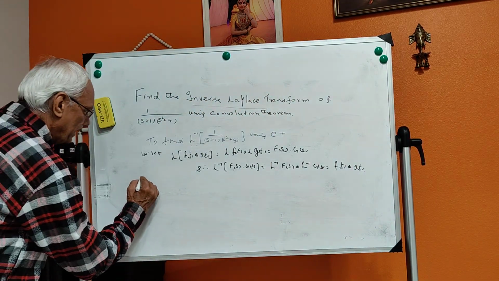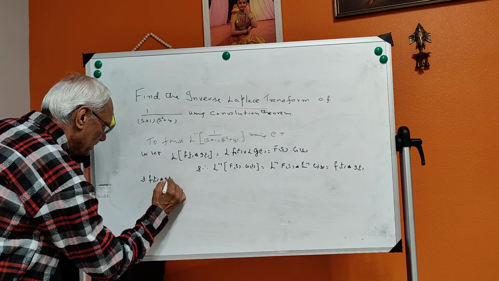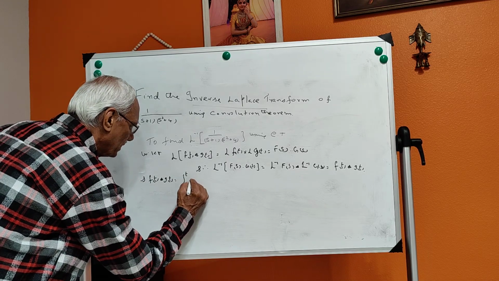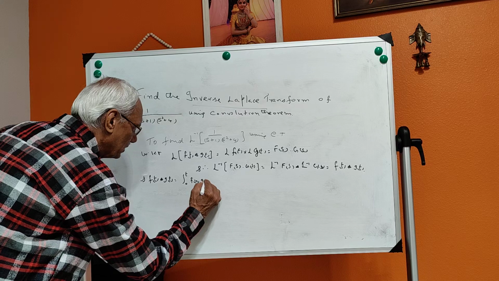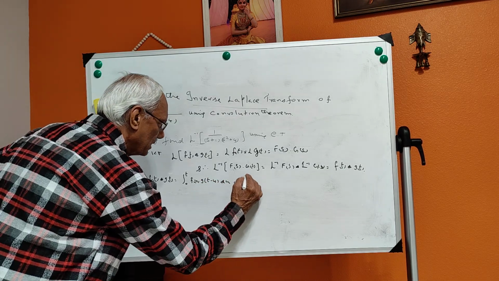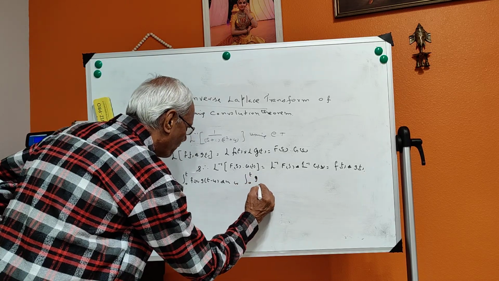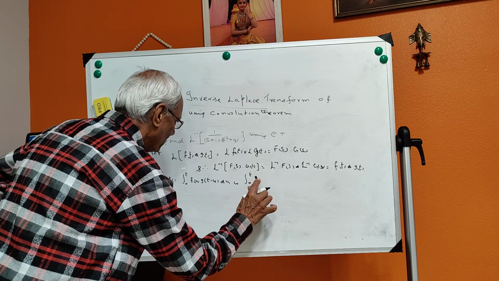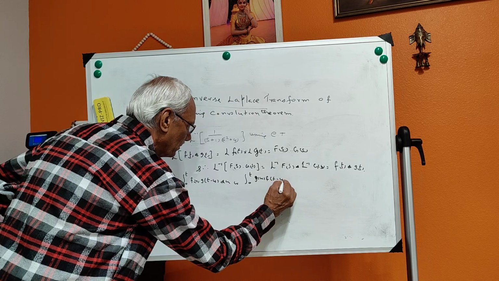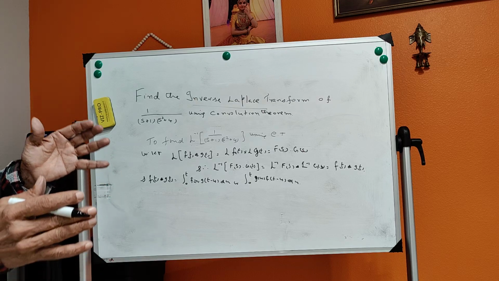And f of t convolution g of t is equal to integral from 0 to t of f of u into g of t minus u du, or you can even write it as integral from 0 to t of g of u into f of t minus u du. So this is all about the